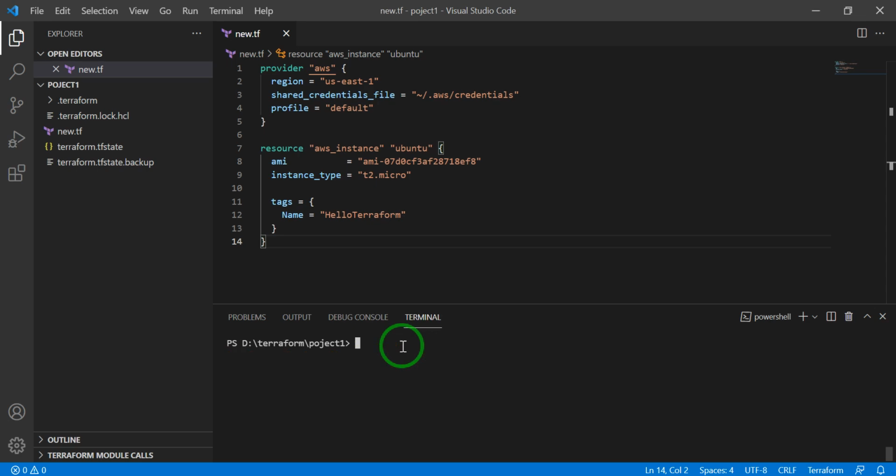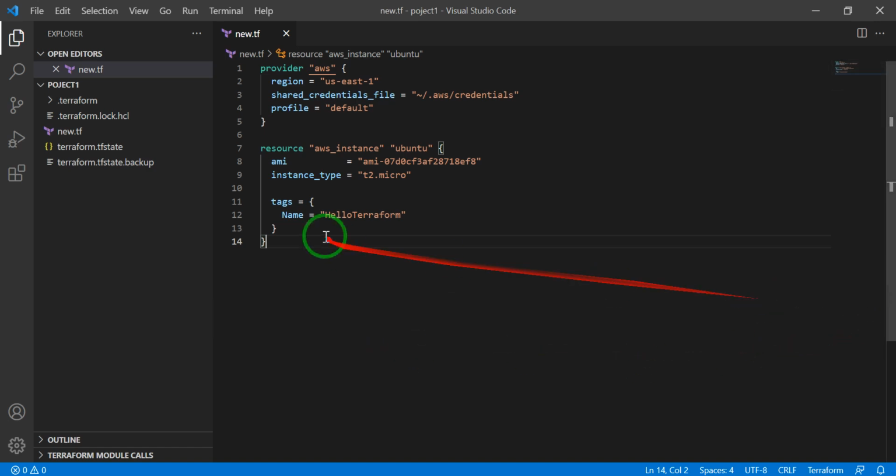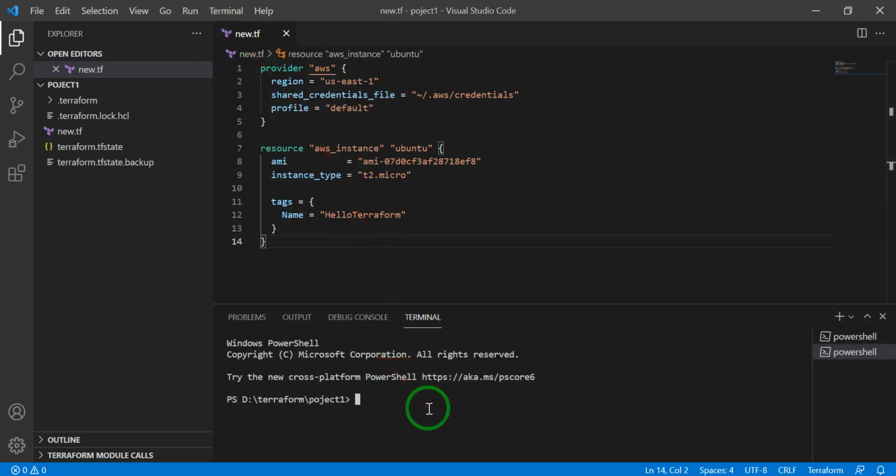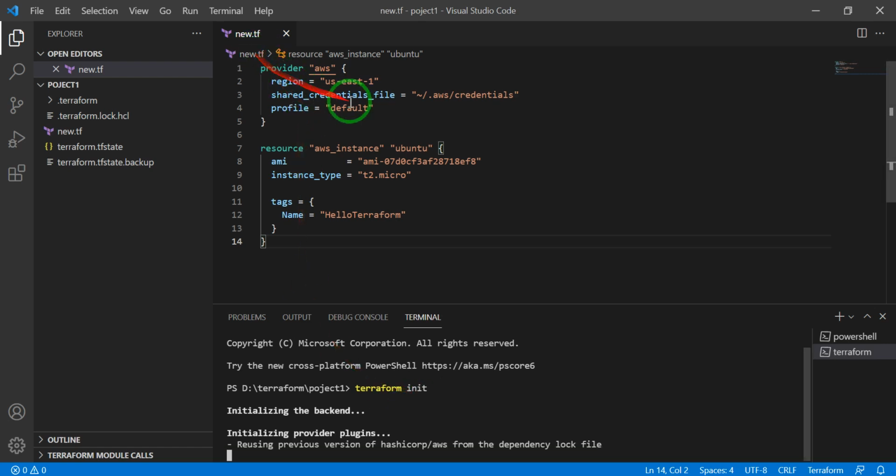So you just come up here and write, in a new terminal, terraform init. It's initializing and checking which provider you are using.